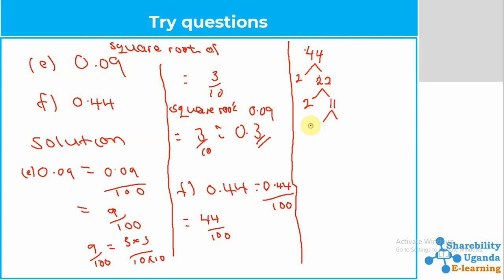Also here we can now say our number, which factor can we use to divide 11? It is 11 itself. So this simply means we have got one pair here. We have got one pair and only this 11 which is remaining. So this simply means we can now say that our number is going to be 2 times 11, which is equal to 22. Then when you also use our 100,